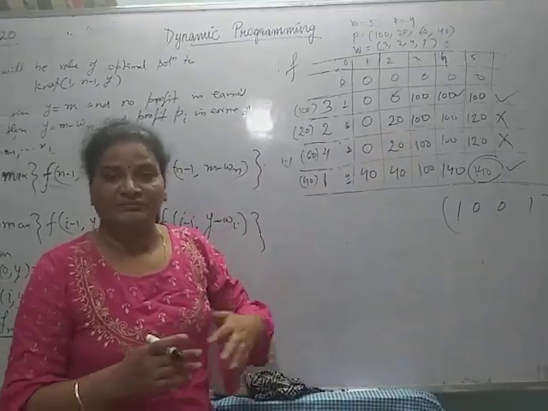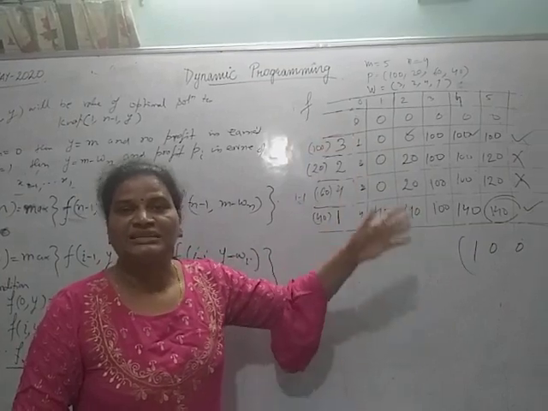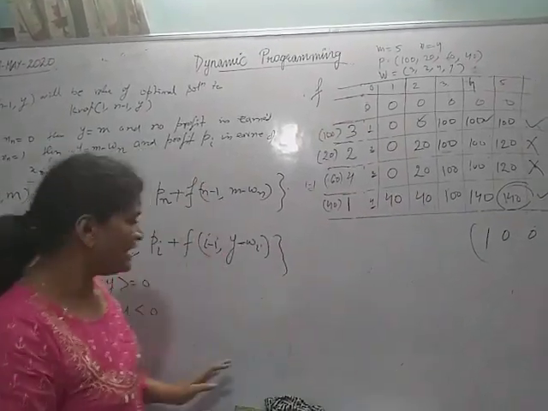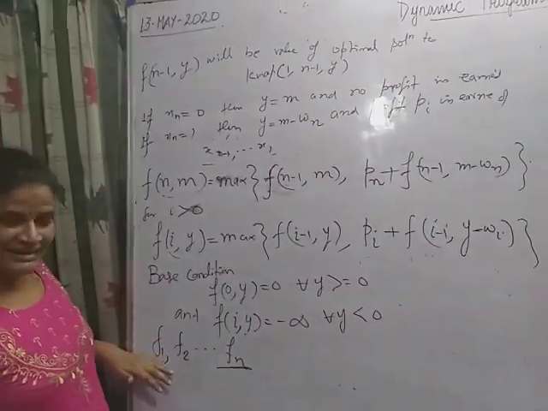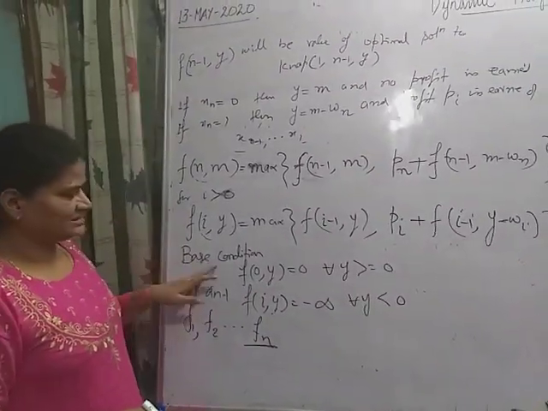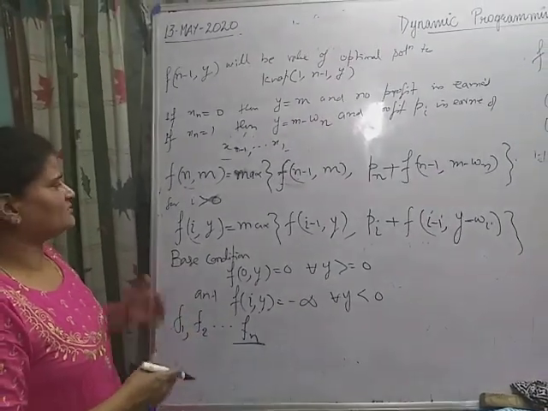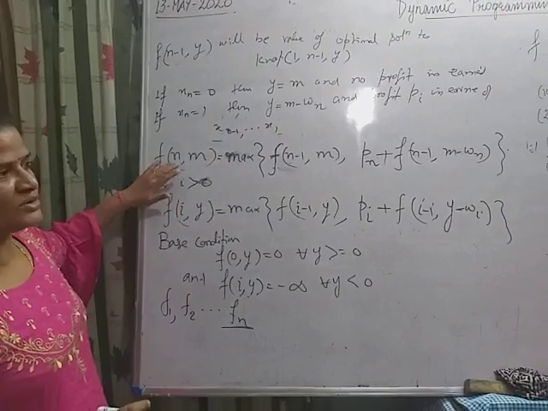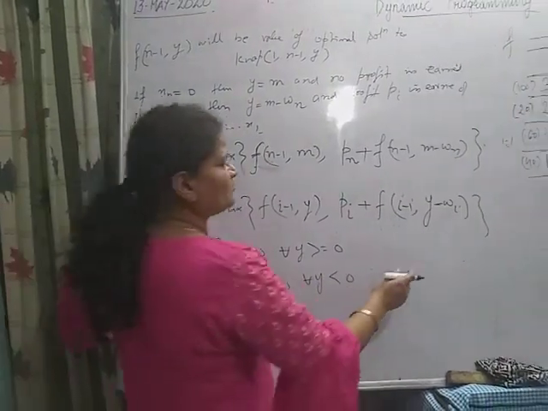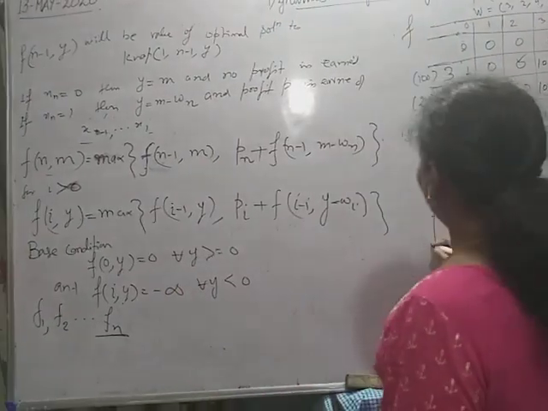Actually, if the value of m is 20, then you have to write 20 columns. The other way is that you can solve this recurrence relation. Here the base condition is given, so you have to write first: if our objective is to find, for example, to solve this recurrence relation, first I will write f(n, m).